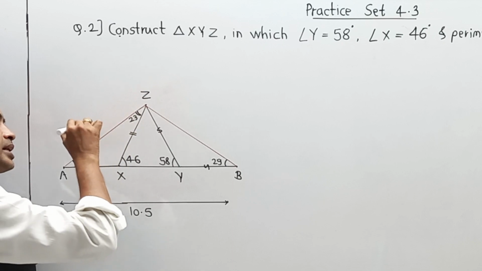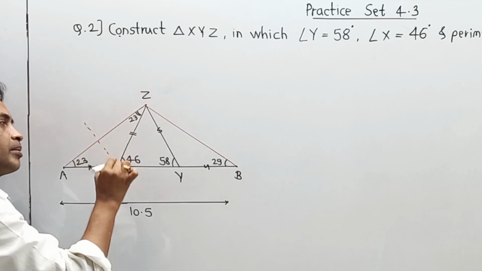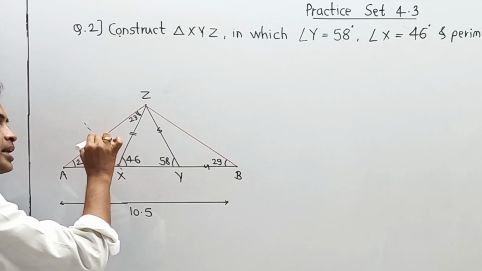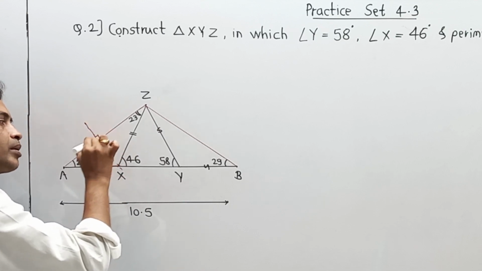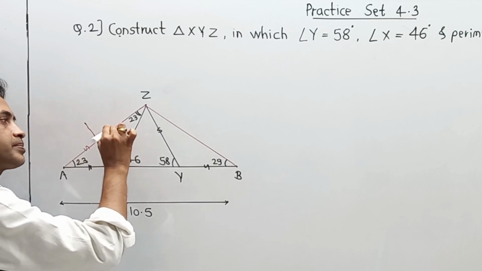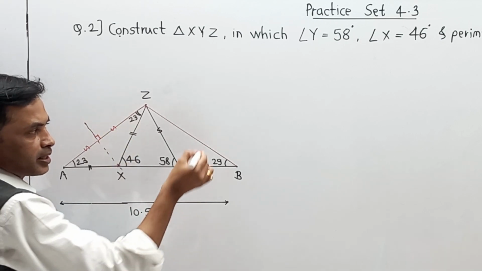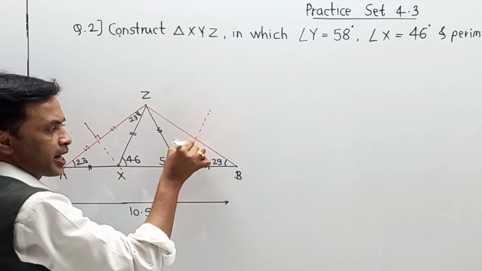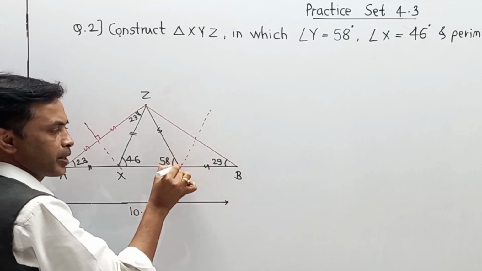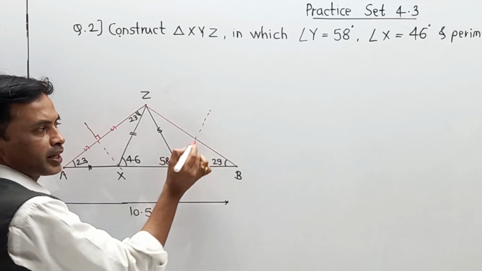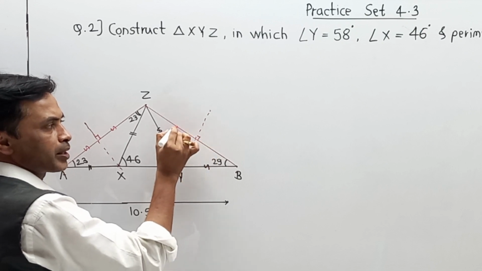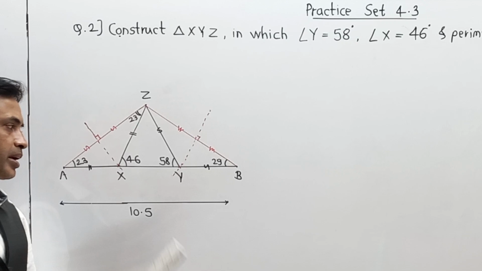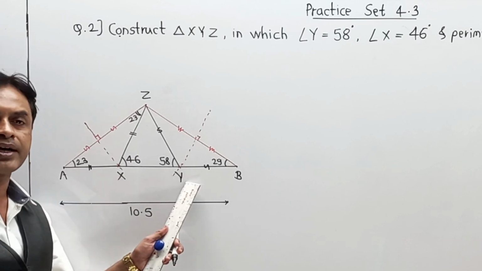First, for AZ, your perpendicular bisector will become like this and it will get connected at X. Naturally, you are going to draw one perpendicular bisector for this side. In a similar manner, you are also going to take a perpendicular bisector for BZ, and it automatically touches at a point, and this point is nothing but your Y. Means again you are going to draw one perpendicular bisector of this side over here. And in this way, we are getting the positions of X and Y.